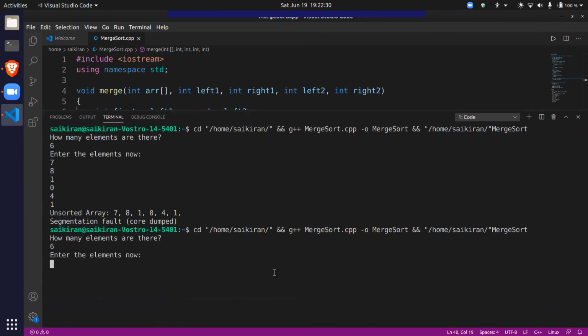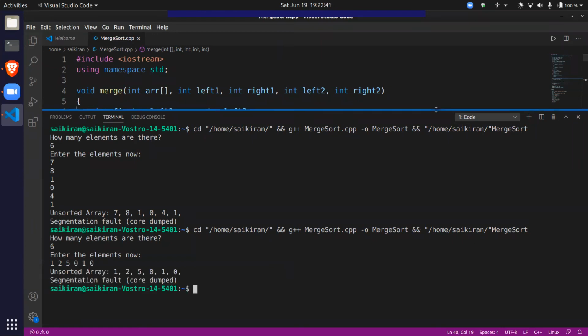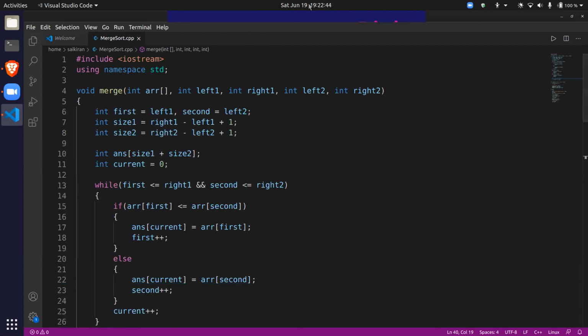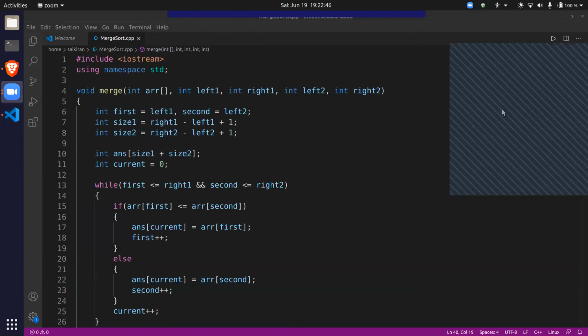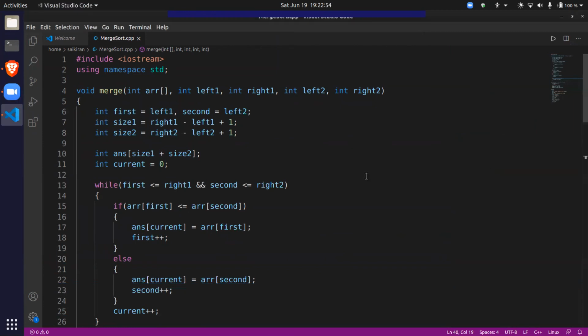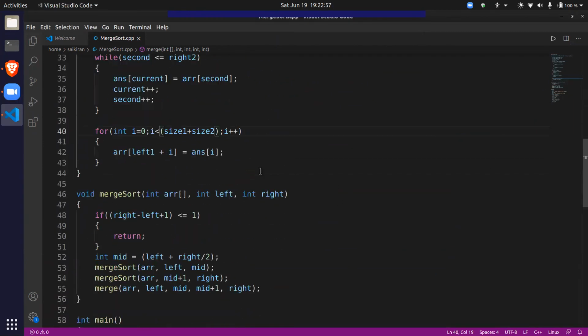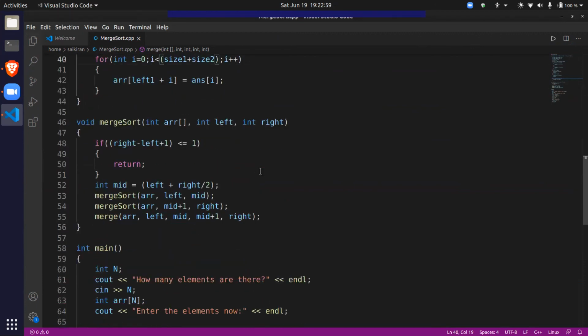We have 6, 1, 2, 5, 0, 1. Okay. Does anybody of you... left minus right? No, Rishit, left minus right would be wrong, right? Because right will be greater than left. If you do left minus right, that means your answer will become negative here. I want the size of the array here. Right will always be greater. If you do left minus right, you'll get a negative answer.